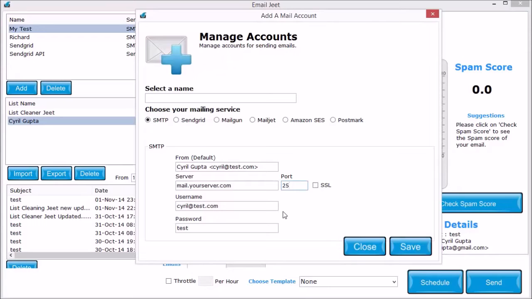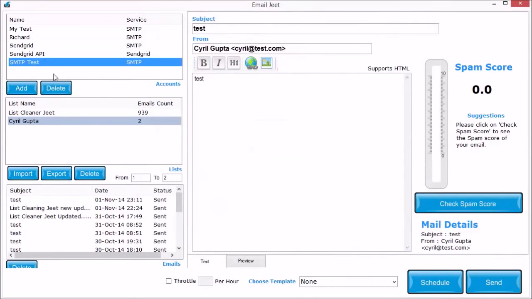So like I said, once your SMTP details are filled in correctly with the from address, the server address, the username and the password, all you need to do is click save, and of course provide a name for it. So SMTP Test or whatever I want, and save. And then if you send an email from this account, it will be sent correctly. So that's what's mostly missing: the SMTP address is not configured correctly, or the SMTP port is blocked,